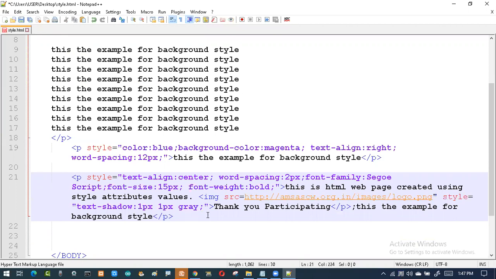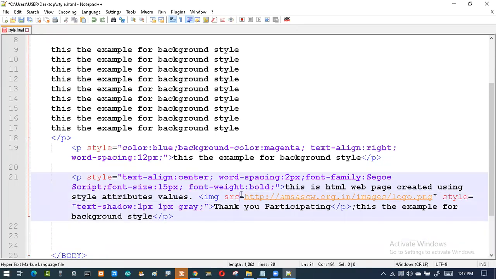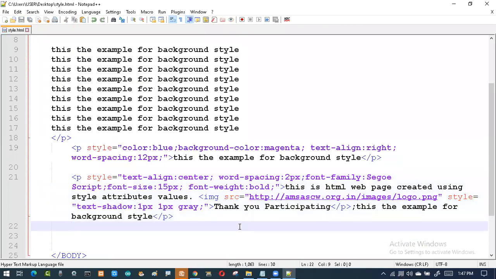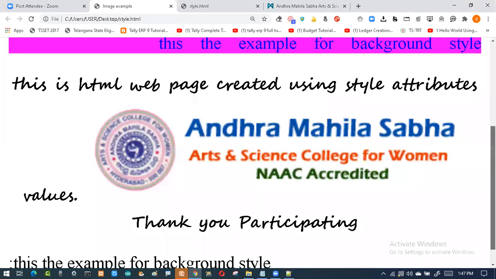Then I'll be saying the shadow. So just a refresh. The picture has not got the shadow because it is an image.